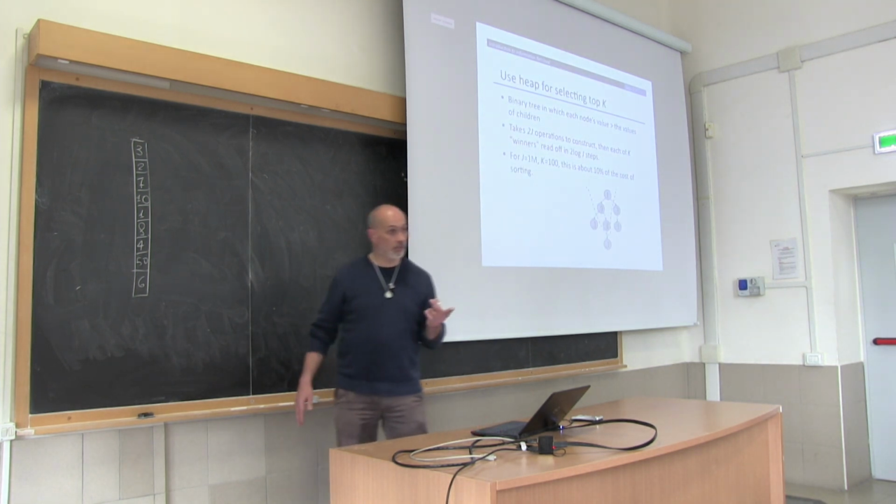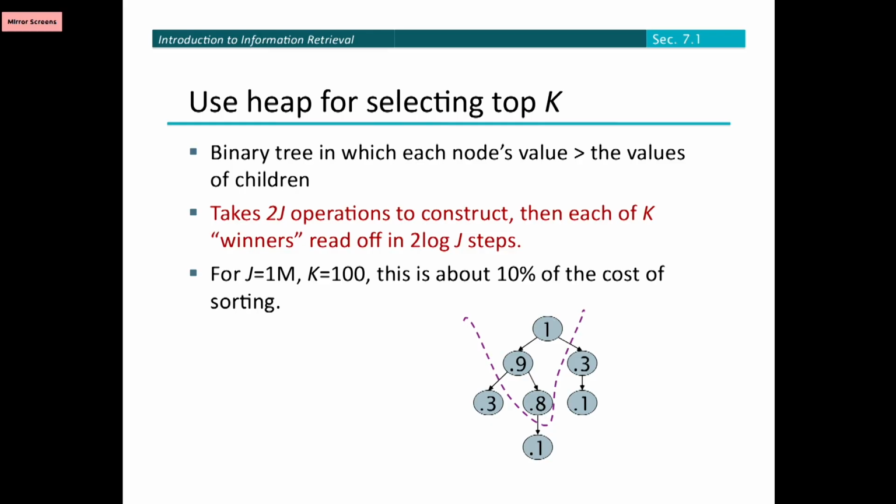Let's see why this is convenient. If you wanted to sort this array, this would cost you at least n log n, where n is the number of elements. You don't want to do that. 1 billion elements, come on. Let's be serious. For every query, no way. At best, what I can try to do is build a heap. Why will I build a heap? Because if I'm building a heap over the elements,